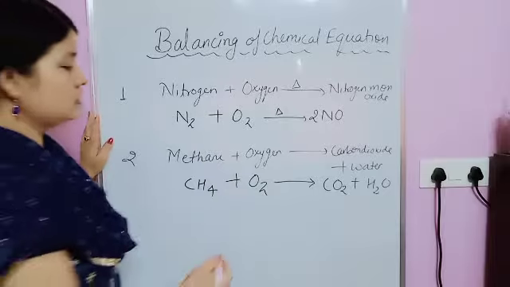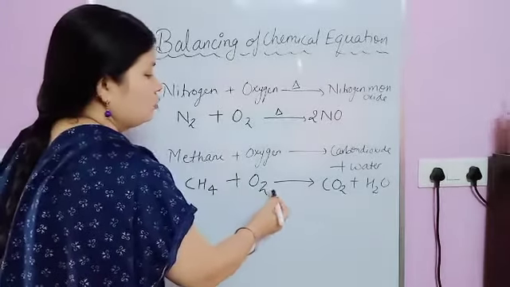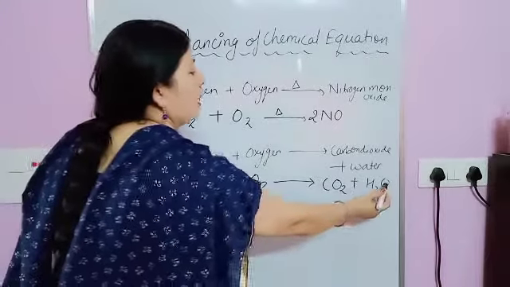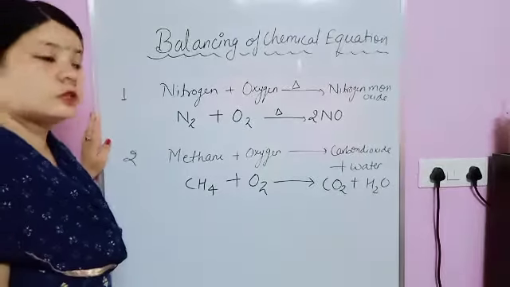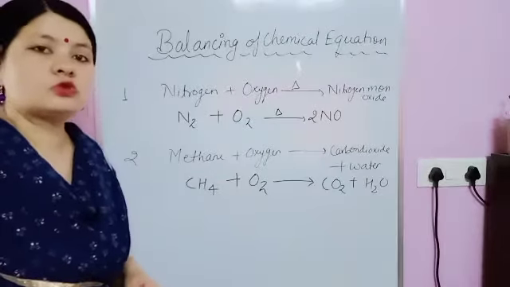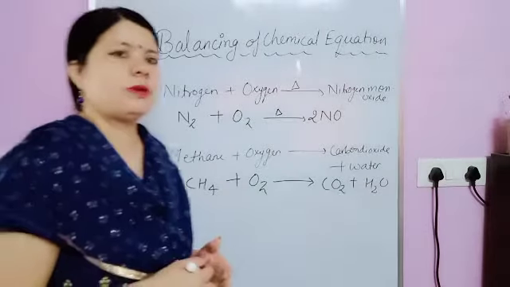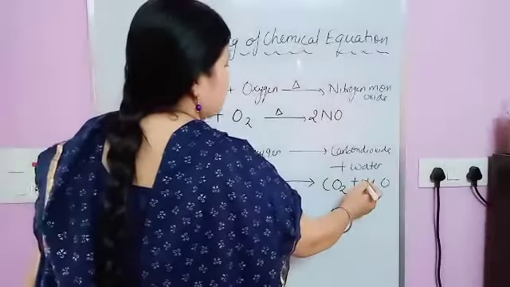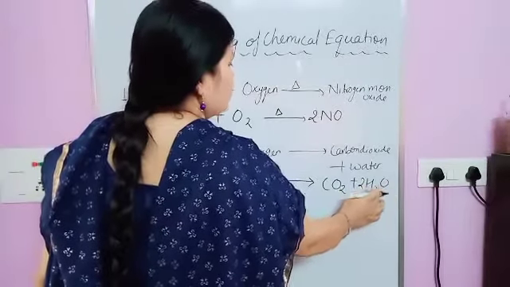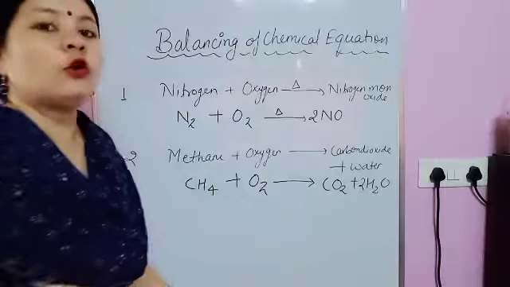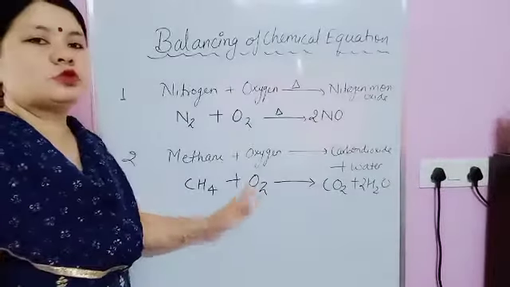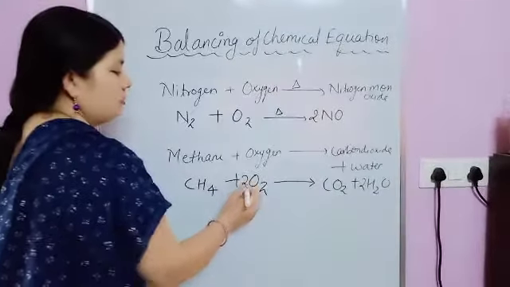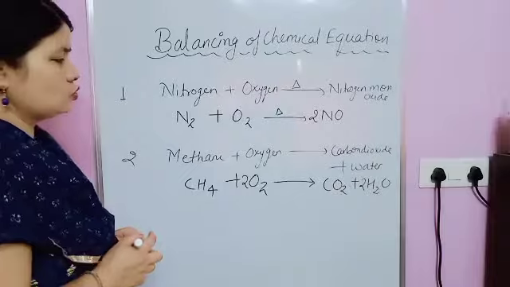Okay, so oxygen check: here 1, 2 and 3, number of oxygen is 3, here number of oxygen is 2. Okay, तो हम इसे किस टाइप से बैलेंस कर सकते हैं, हिट एंड ट्रायल मेथड. तो simply we can multiply this side by 2. So now just see, it's 2 plus 2, 4. Okay, so now this one will also become 4. So multiply this side with 2. So this one is also 4.